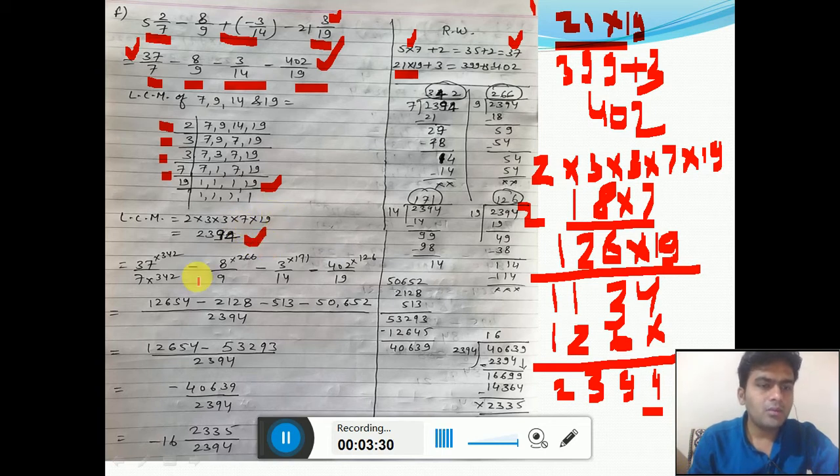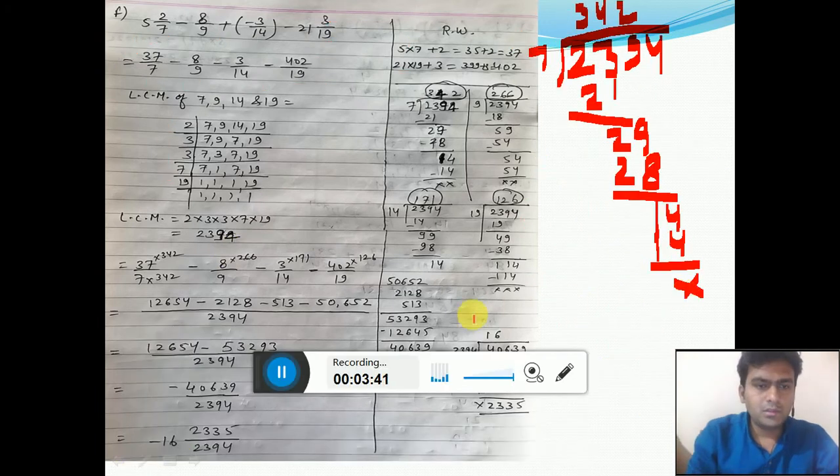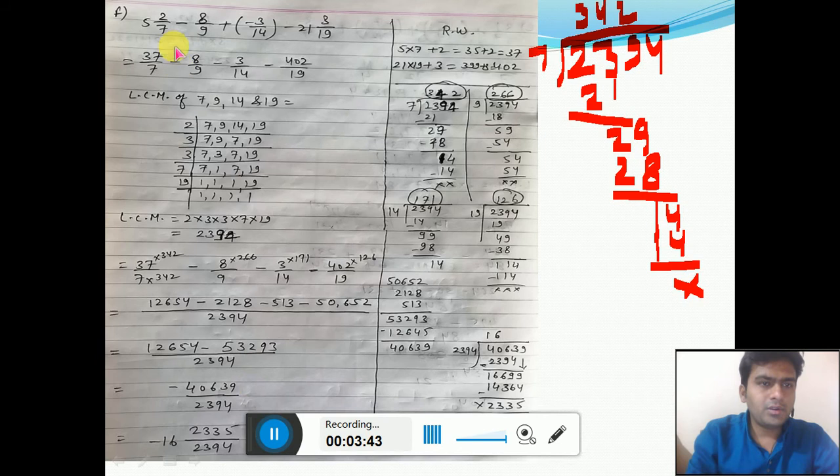Okay, now what we will do, our denominators we will multiply by some number to get 2394. So what to do here? Now this denominator 7 we have to change in the form of LCM. So 2394 is the LCM. Now what to do? We will divide this 2394 by 7. So we get 7 threes are 21. Now 23 minus 21 equals 2. Now take this 9. So the number becomes 29. So 7 fours are 28. Now 29 minus 28 equals 1.